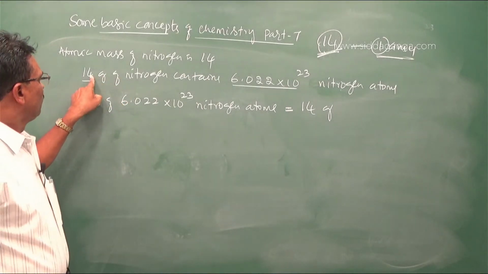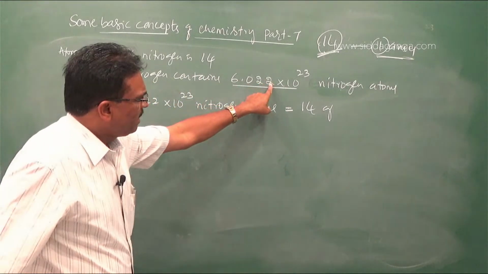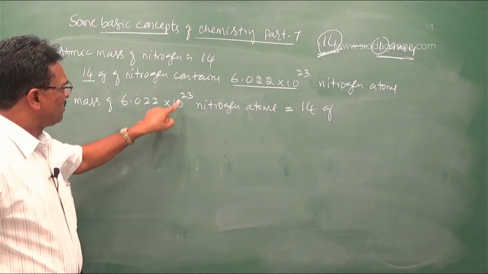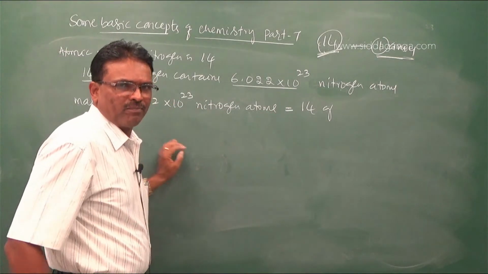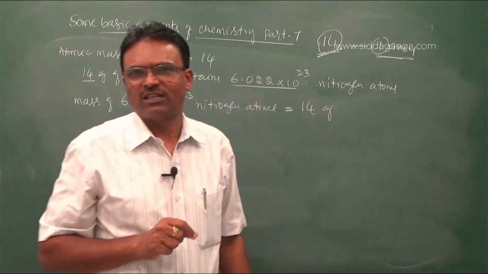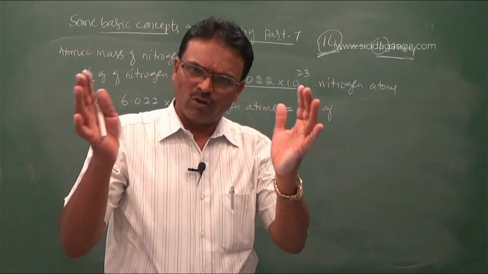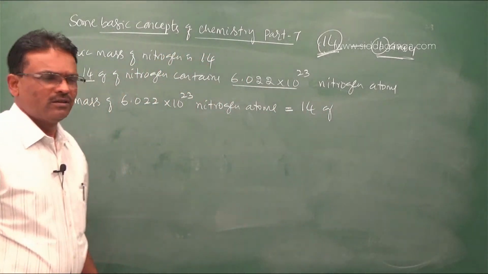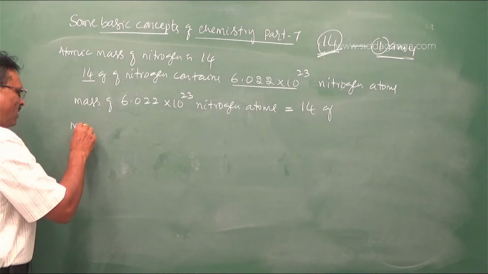14 gram contains Avogadro number of nitrogen atoms. Then mass of Avogadro number of nitrogen atoms is 14 gram. In 14 gram there are Avogadro number of nitrogen atoms. So what should be the mass of that Avogadro number of nitrogen atoms? That is again 14. Hence, mass of